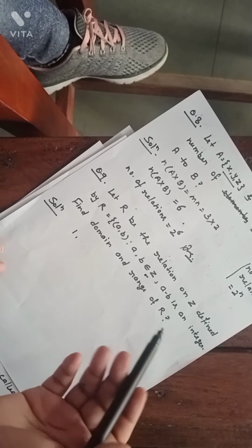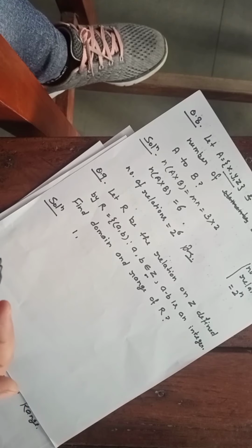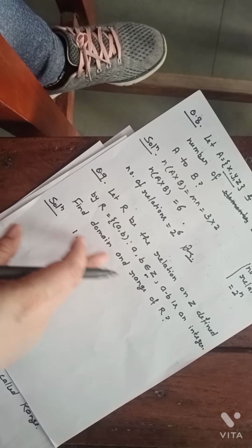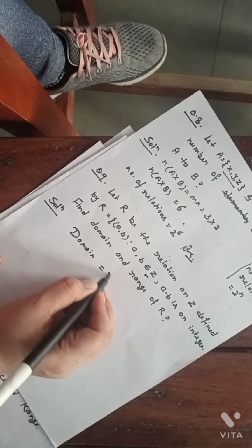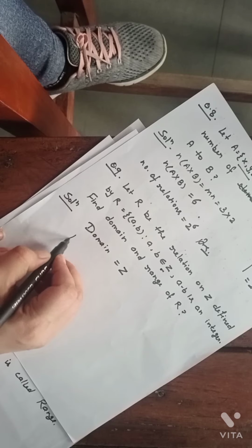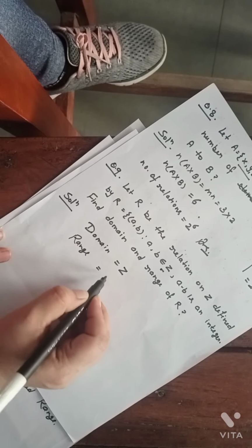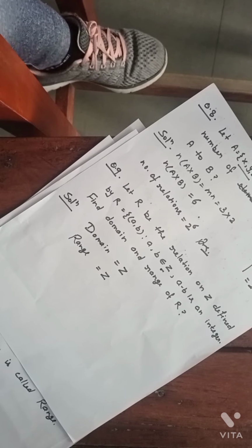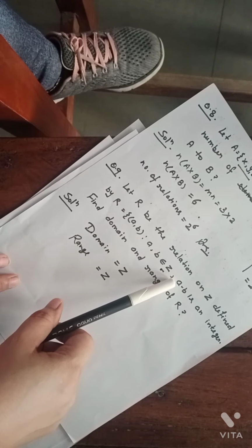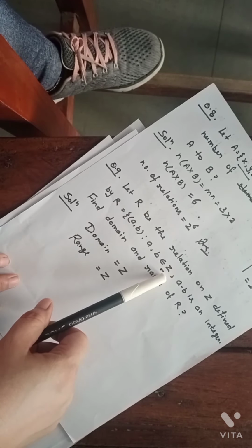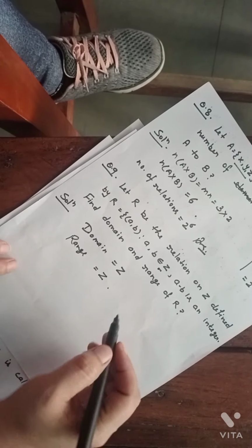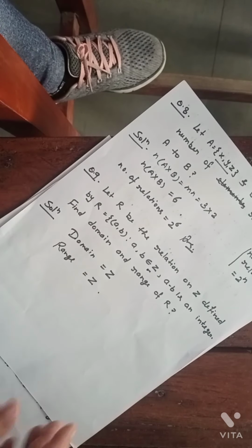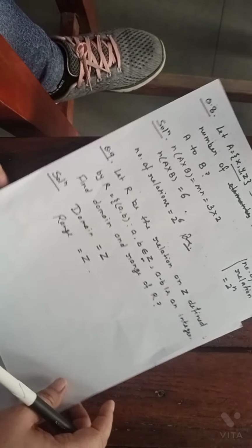Here the domain and range of everything: because we took integers from real numbers, the domain of this set is also integers, because we have to take integer values only. And also the range of this relation is also the set of all integers, because a, b belong to integers. Okay, and here there are no limits for integers. So the domain and range is equal to the set of all integers. Okay, this is the last question of this exercise, and with this question we have finished our second exercise.